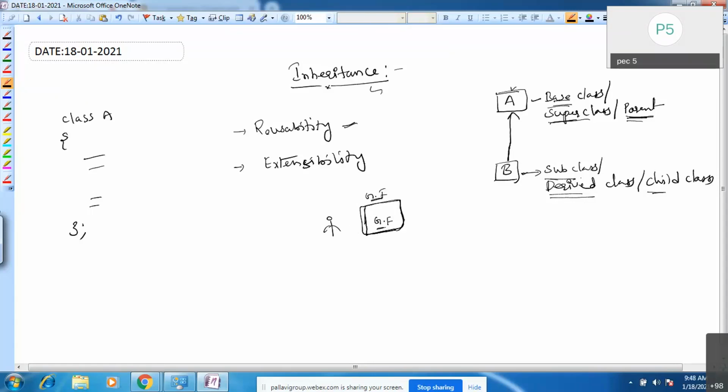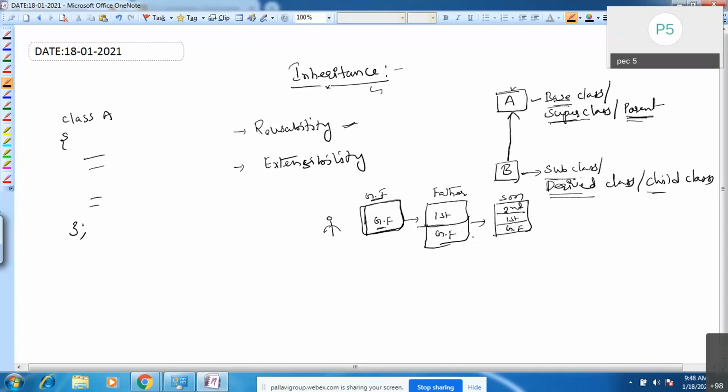This property is given to his son. This is your father. What he did is, along with the ground floor, he constructed one more floor, the first floor. This is ground floor, and this is first floor. Understand the concept, and the same thing you get from your father. This is you, the son. This is the ground floor, this is the first floor, and this is the second floor.